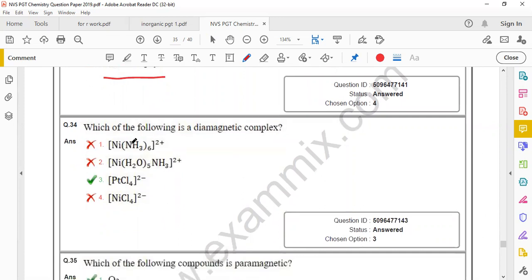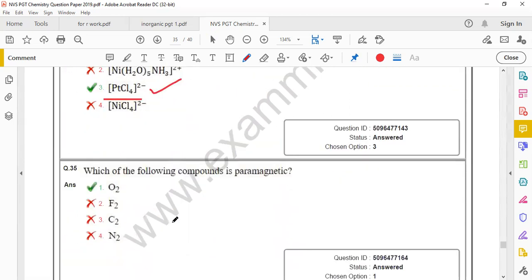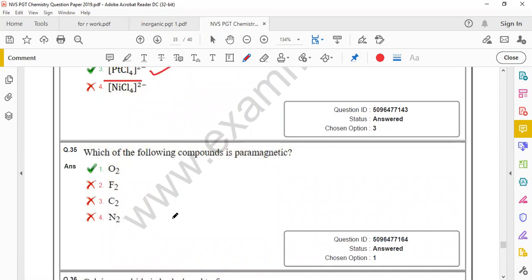Here we will see which of the following is a diamagnetic complex. Diamagnetic complex, here the right answer is tetrachloroplatinate(II). This will be the right option. Next question is, which of the following compound is